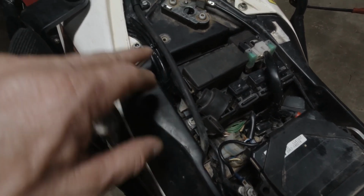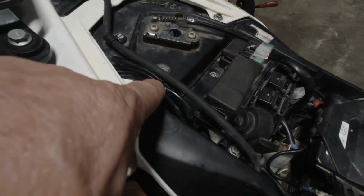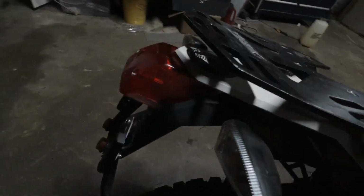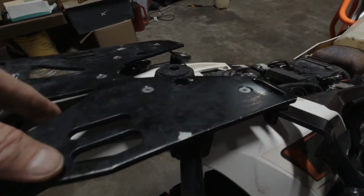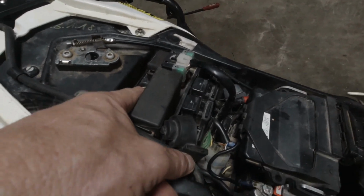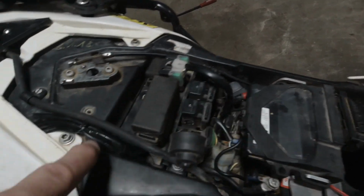wire fasteners, the connectors for your brake light, your tail light, and everything is down here underneath this plastic tray. The only thing you have coming out are the wires from the individual lights. Oh, yeah, I lost a couple screws. So anyway, you run your wires up through behind your tail light, which I'm going to replace this goofy thing too, along the top of your fuel tank under your cowling. Come out right here, go underneath this plastic tray. Everything is concealed, nothing is in the way, and it looks pretty much stock, minus these extra few little wires